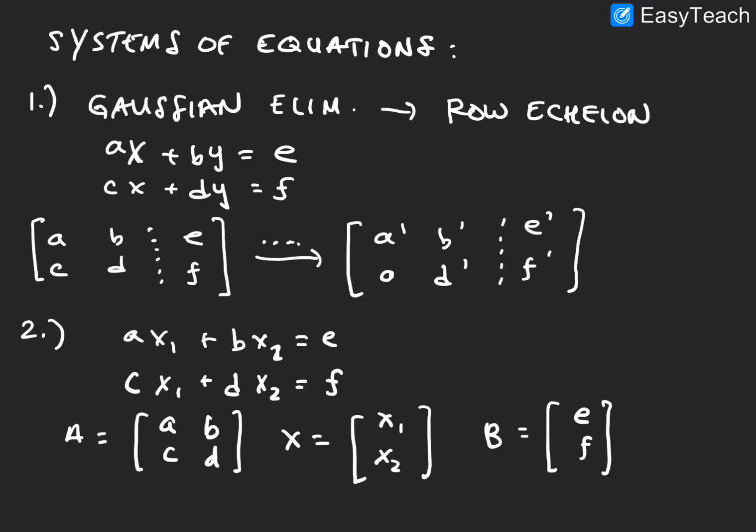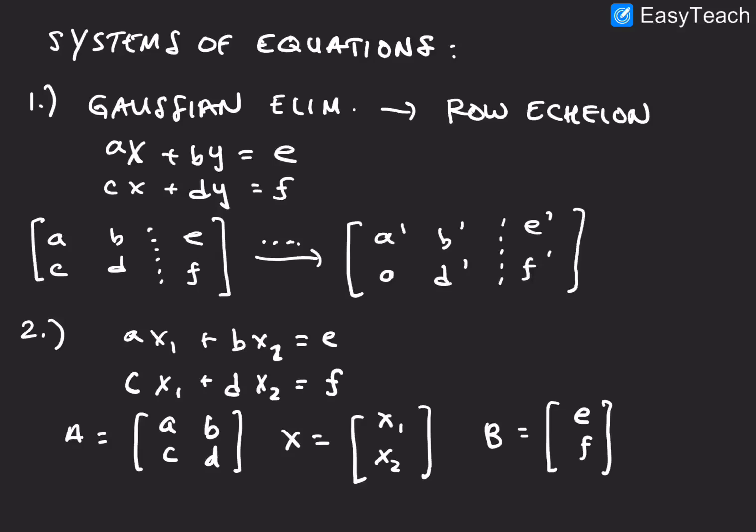So let's look at this Gaussian elimination from row echelon form. We have this system of two equations, and we put it into an augmented matrix, and we do some row operations, and then we get this, right? So we could either do number one, or if we go down to number two, we have basically the same equations. But what we're going to do is group